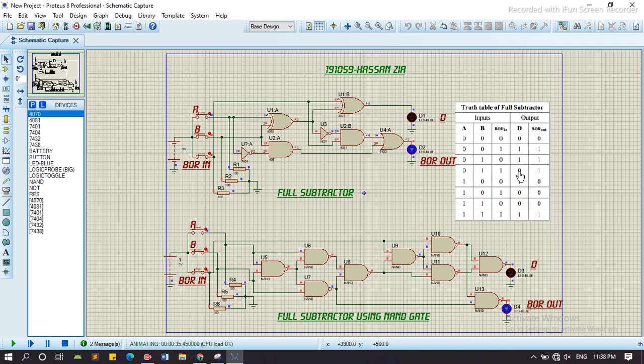Here we can see that the difference is equal to 0 and borrow out is equal to 1. Similarly here,